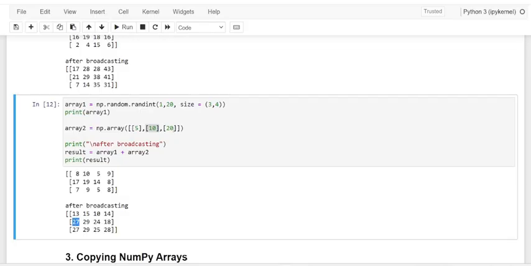And the last one is 20, which is added to the 7, and we just get 27. And kindly see the second column of array 1, that is 10, 19 and 9. I am making it column-wise. Kindly observe 10, 19 and 9. Now it becomes 15, 29 and 29.